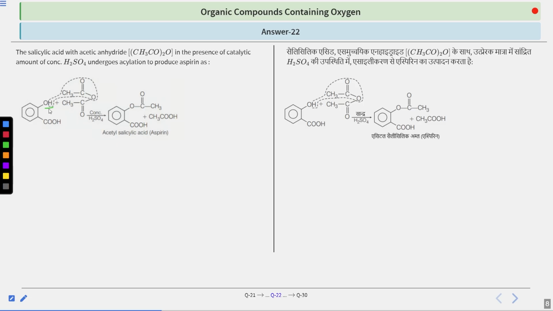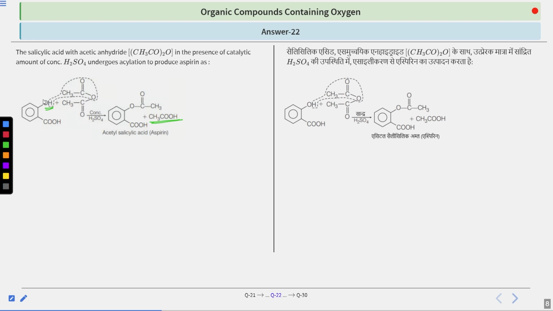This is an acidic hydrogen in the OH, so it will be released. So H positive will be released from here, and O negative will remain as it is. And from acetic anhydride you will get CH3CO negative and CH3CO positive. Now the CH3COO negative will attack on this H positive, or you can say H positive attacks the CH3COO negative, and you will get CH3COOH, that is ethanoic acid,